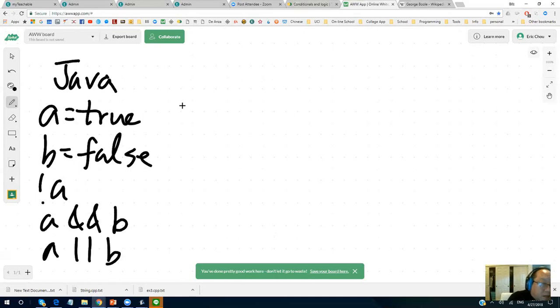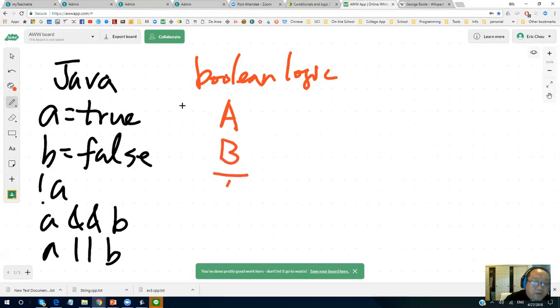That's Java. Second, we can represent it as Boolean logic. We write A, B, A bar, A and B with the cap symbol, and A or B.